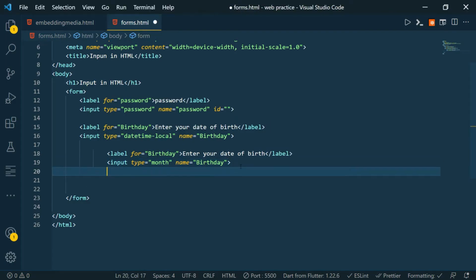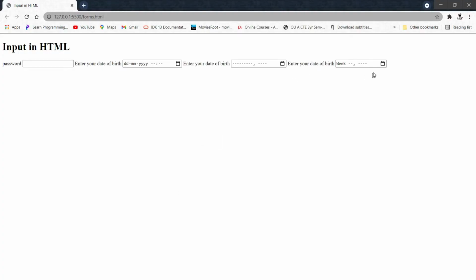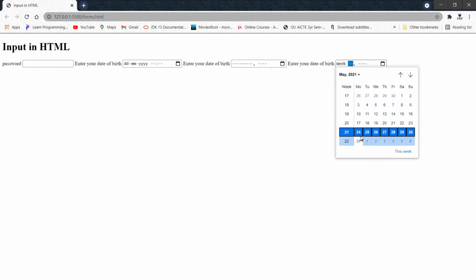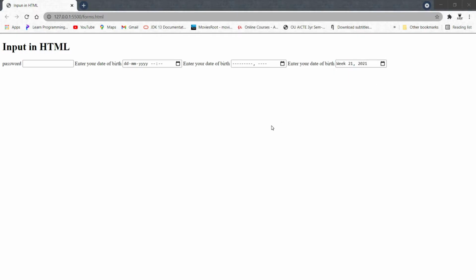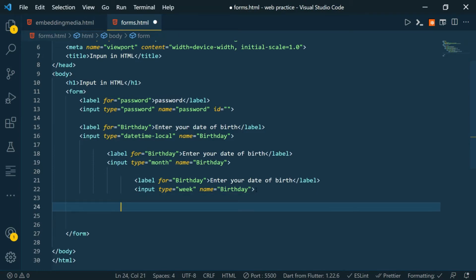This is cool. The other thing is week. We can also take input as week. You can select whichever week we want, or the present week. I am taking birthday as an example, and the goal of the video is just to show the different types of inputs we can take. I hope everyone is clear with the syntax of HTML at this point.